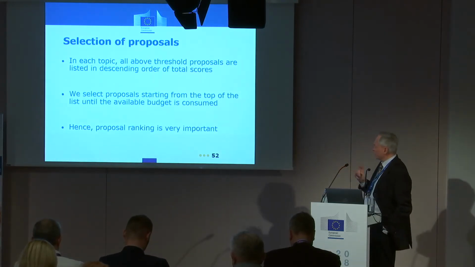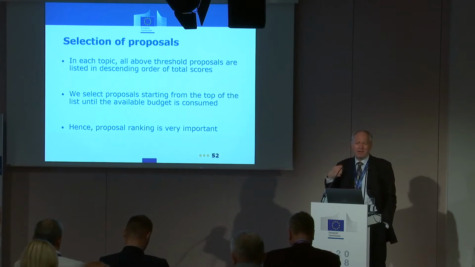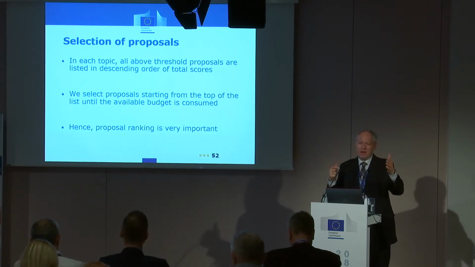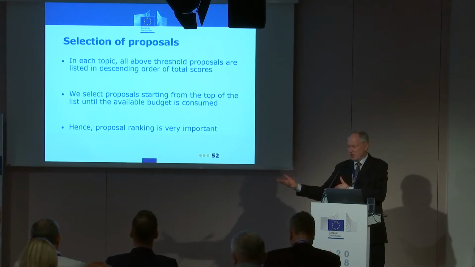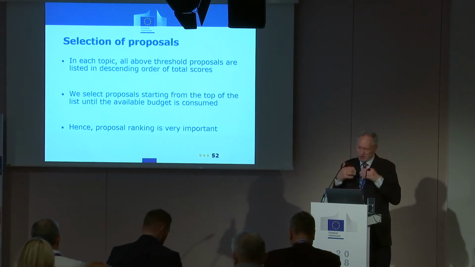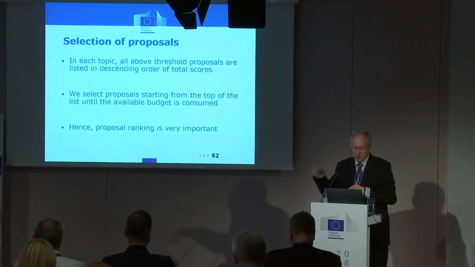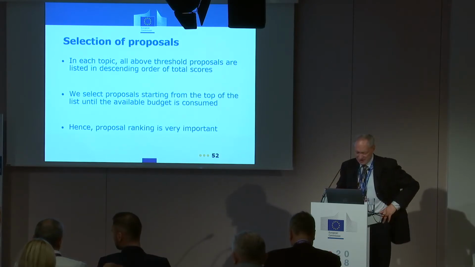As I already told you, the experts give us a list of all the proposals in descending order of total scores. We start from the top and fund as many as we have budget. We have a certain margin of maneuver. If you go beyond our budget limit by 10,000 euro, but the proposal has 3 million of funding requests, then it would be crazy not to fund this proposal for 10,000 euro. So we take the 10,000 euro from somewhere else. We have a certain flexibility, but in principle we go down from the top and it stops where the funding ends, which means that a high rank is most important